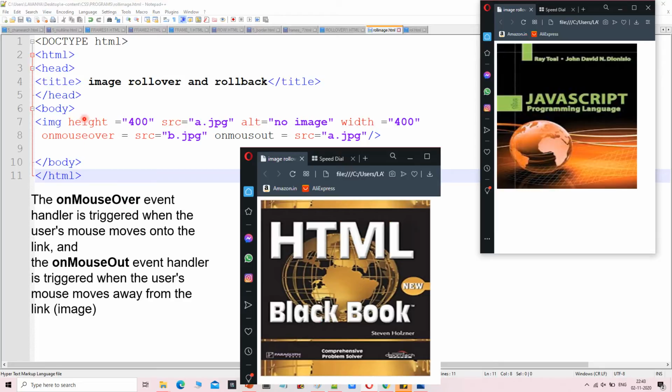Means when the user's mouse moves onto the link, the onmouseover event handler is triggered. Means as I said, if we move the cursor here, it will display this output. Okay, and if we move the cursor away again, it will display this output. Okay,